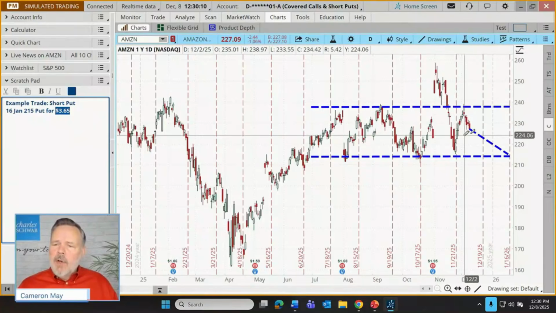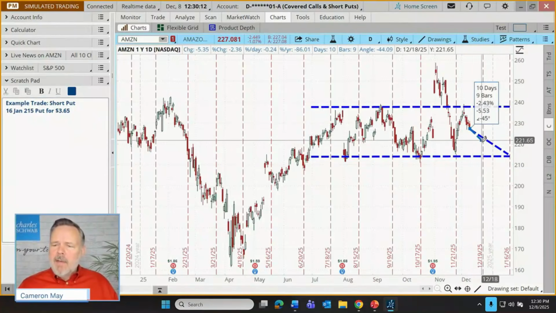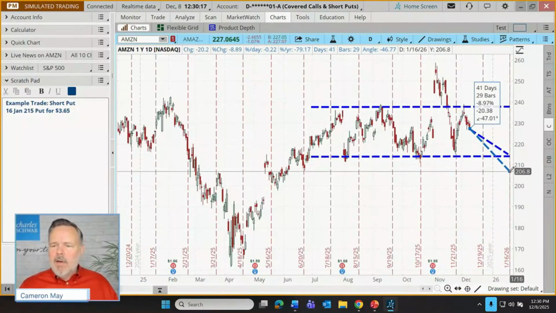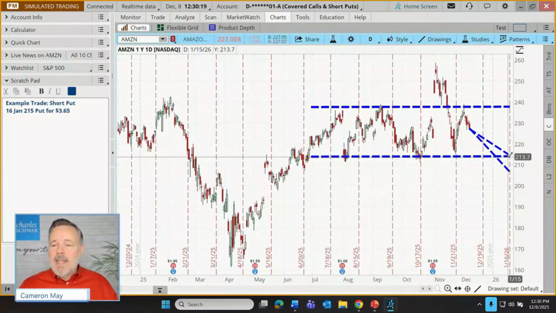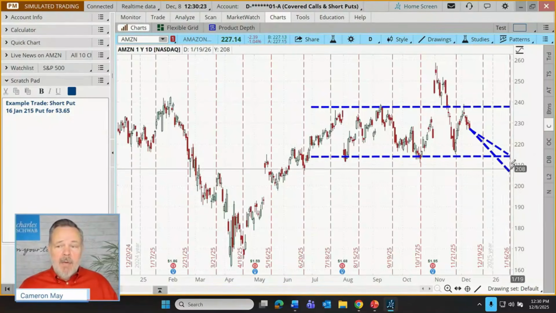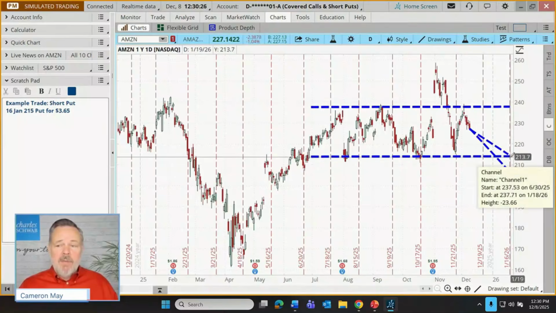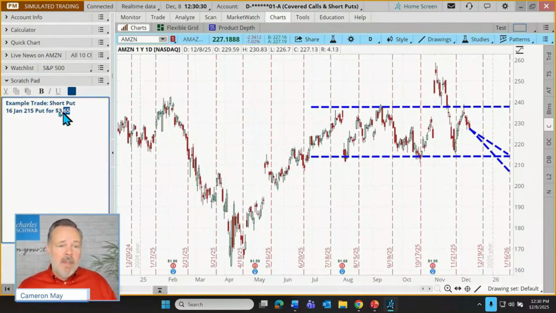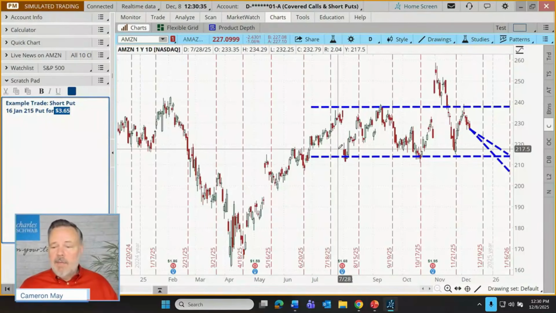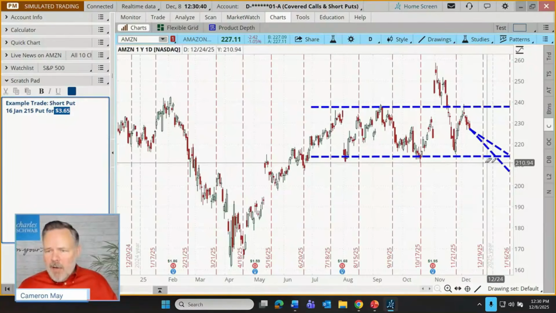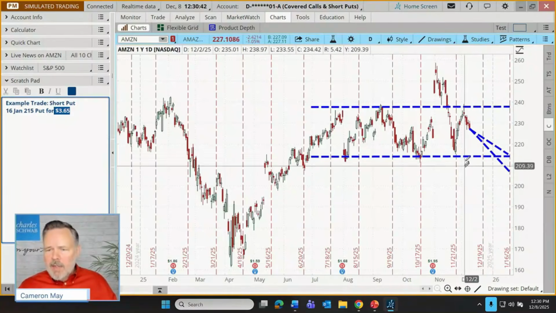Now, another way that it could go wrong is if it doesn't play ball exactly, and instead, let's say that it's falling a little harder. Let's say that instead of just coming down to support, it breaks down through support. Now, we might have to buy the shares for 215 and they're worth substantially less than that. Might not even be worth the income that was collected up front. So let's just draw a line in the sand for the future management of this trade. Let's have a plan from this day all the way through the end of January 16th.